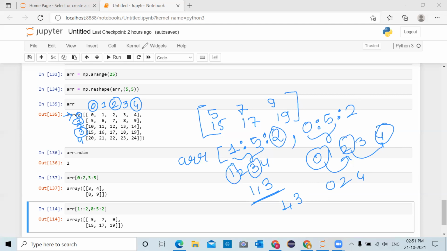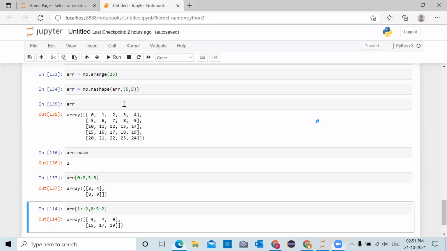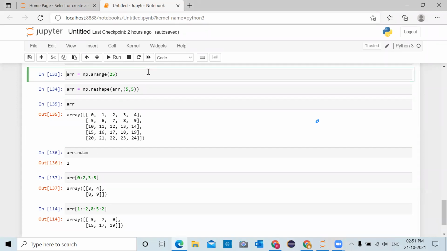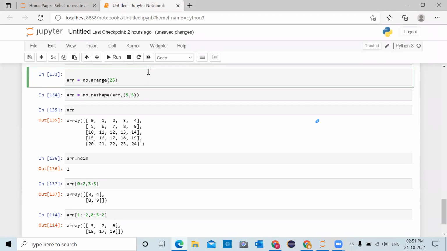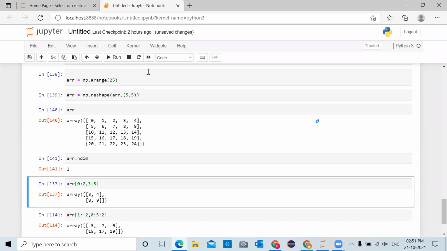If we execute the same using the same indexes, you can see the result. Click on the cell. You create ARR with np.arange 25. You reshape it 5 by 5. Check the dimension, it is true.